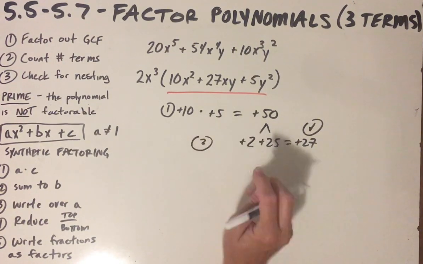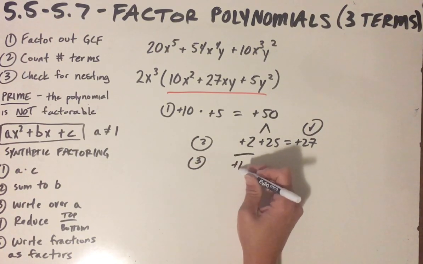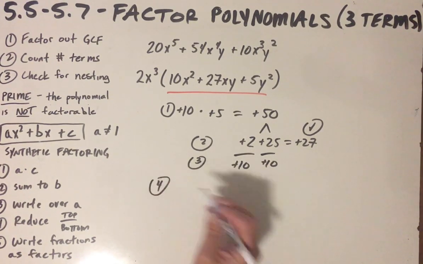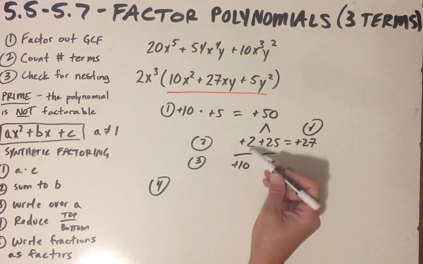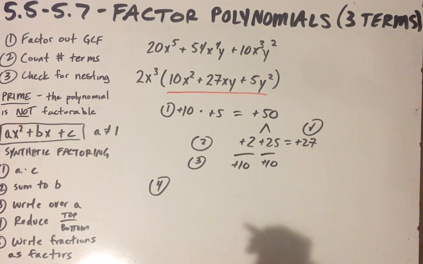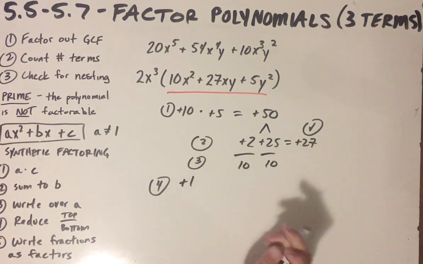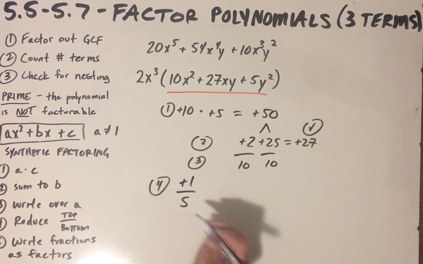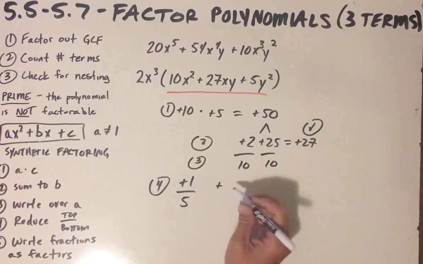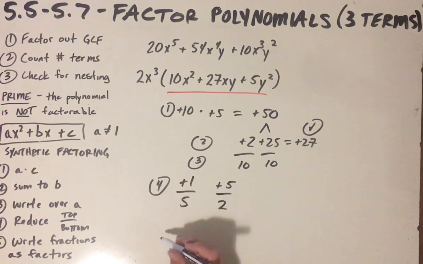So this was step 2. I determined these are the factors I should use. Step 3, I'm going to write them over A, which is 10. And step 4 is I'm going to reduce these fractions. Well, 2 and 10 have a 2 in common. So I'm going to get a plus 1 over 5, and 25 and 10 have a 5 in common, so I'm going to get a plus 5 over 2. Remember that these turn into factors,